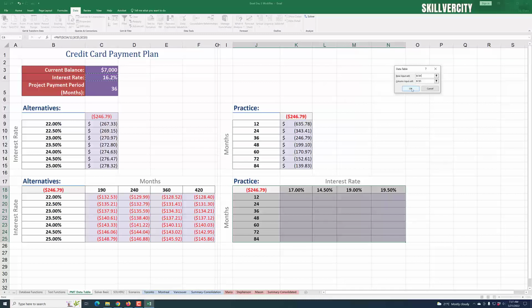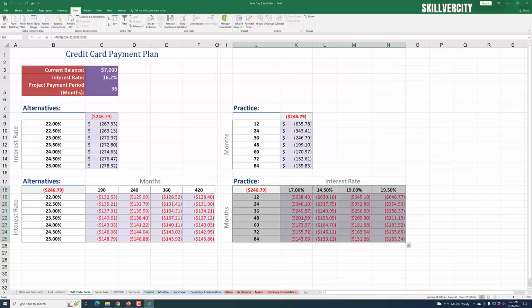All right, so click OK, and then you're going to have these changes here. So the higher the interest rate here, right here we have our interest rate at 17%, 14.5%, 19%, and 19.5%. Even if the interest rate is higher here, for example, you see that the monthly payment is lower because the duration of payment, 84 months, is way higher. So yeah, play with this a little bit and take a look at the table, and then